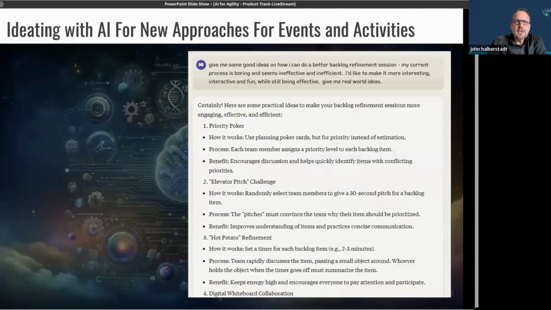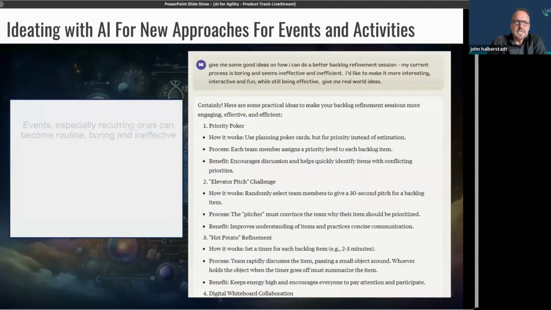So how about ideating with AI for new approaches for events and activities? For me, and perhaps for some, if not all of you, we know the standard Agile events. I always hate calling them ceremonies. It sounds like a religious activity, and I really don't like to think of it that way.